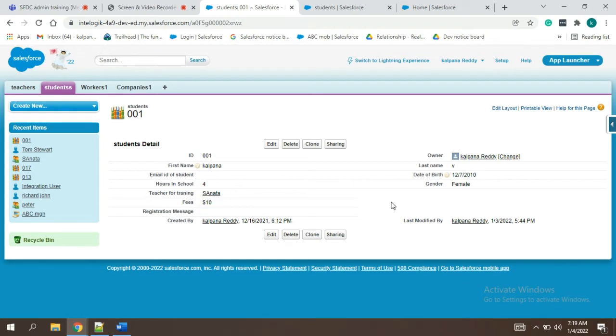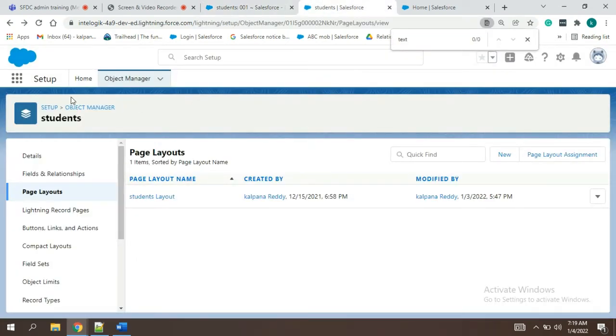And we made it read only, but still we are able to see this because I have logged in as a system admin, guys. So I'll be able to do anything, but when we log in as Tom, he will not be able to do this. Okay, editing is not possible when we make any field read only. Okay, so now we'll create one workflow rule.